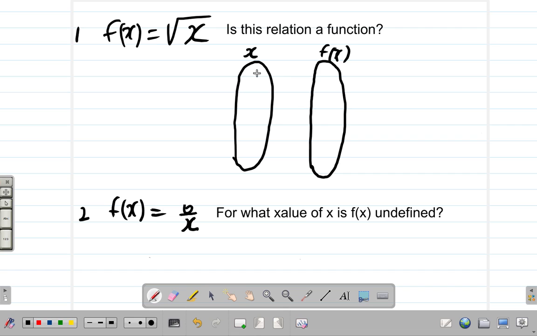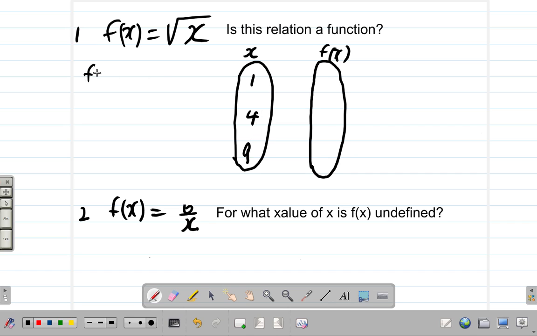Now, remember that a one-to-many mapping is not a function. It's like making an attempt to vote or voting twice in an election. You're mapping to two candidates or more. That's election fraud, alright? So if I put in values in the domain, say 1, 4, and 9,